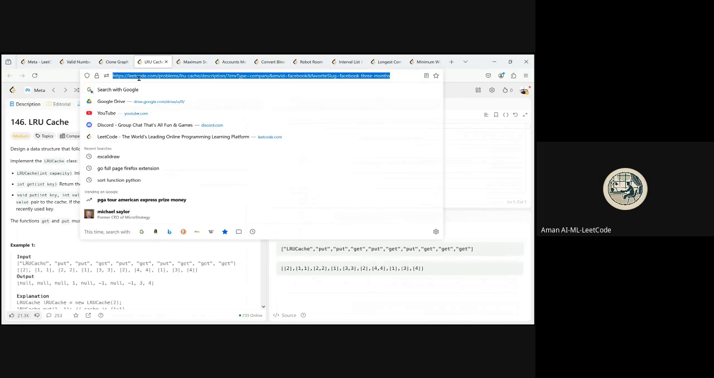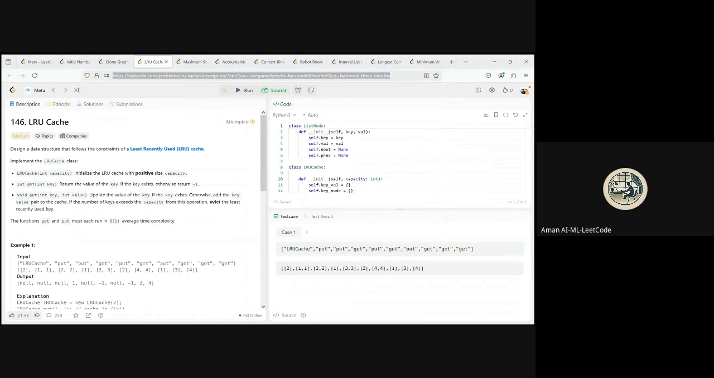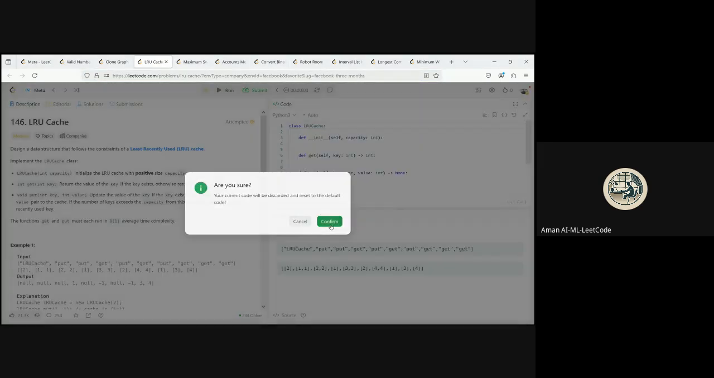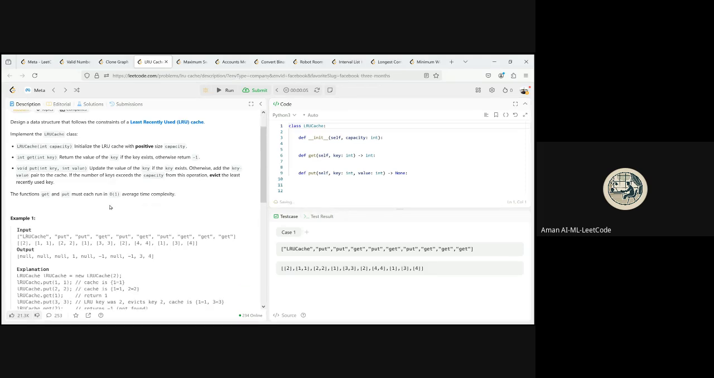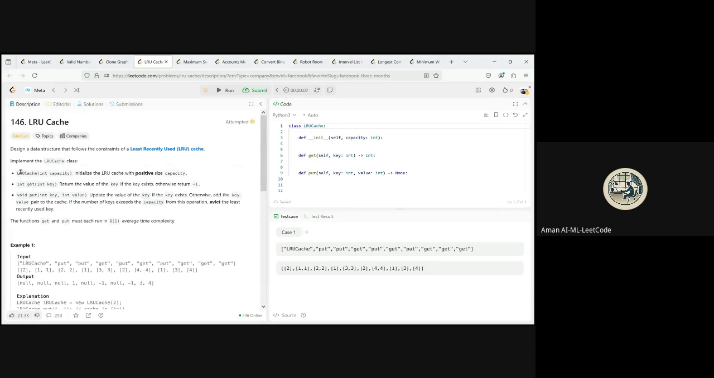Let's move on to the next question. The question says we want to write a least recently used cache. Initialize the LRU cache with positive size capacity. Whenever you initialize, you know the capacity of your LRU. Int get returns the value of the key if it exists, otherwise -1. Okay. Put is going to